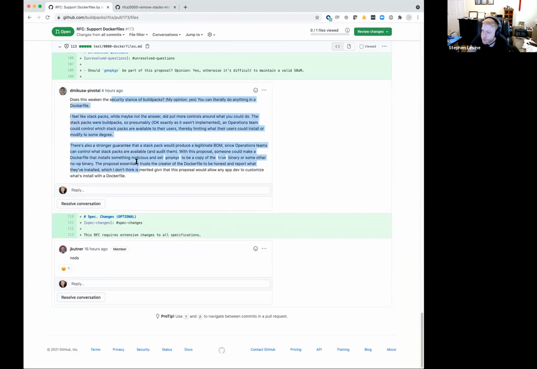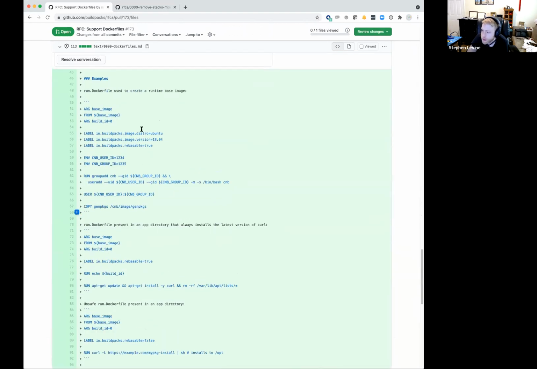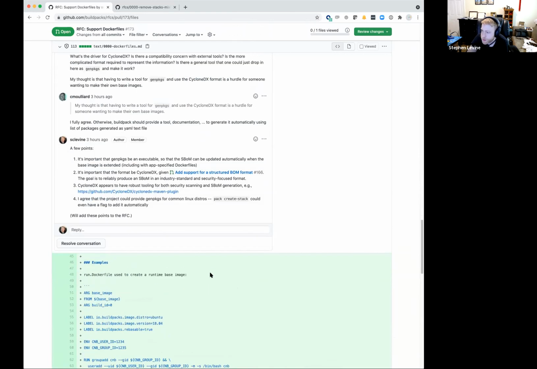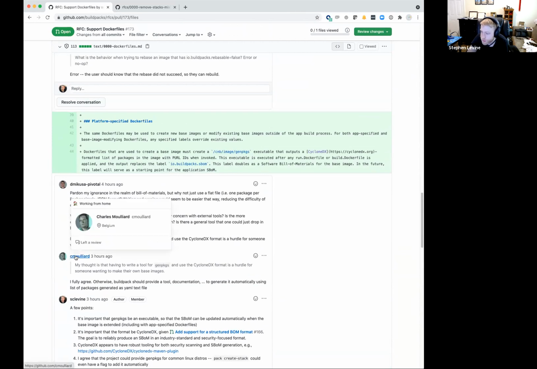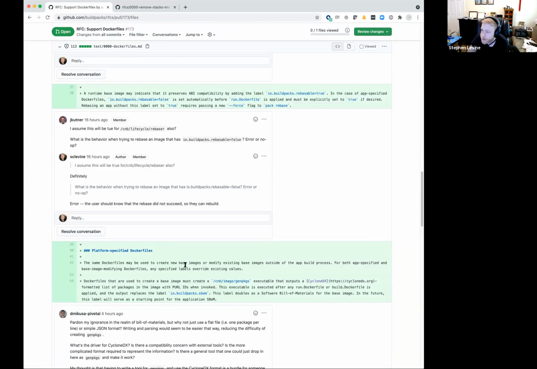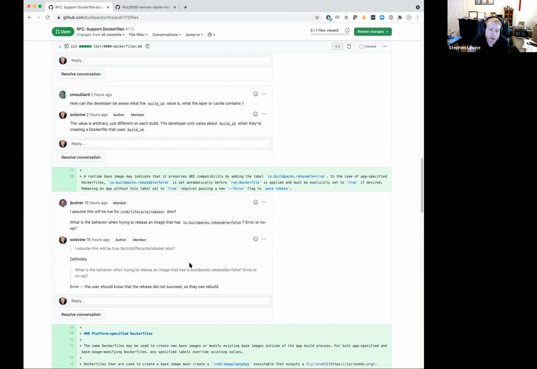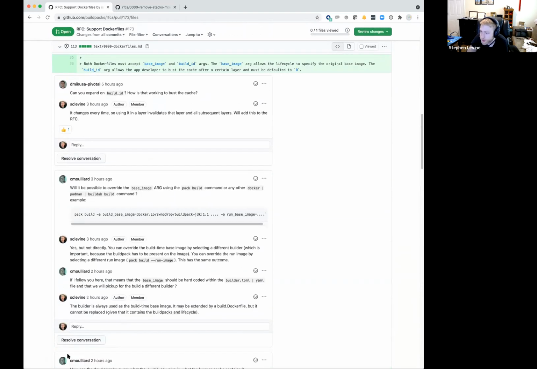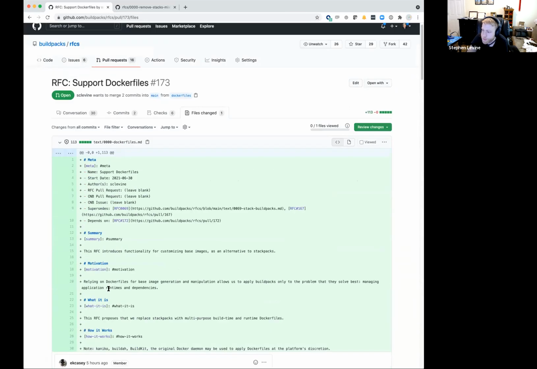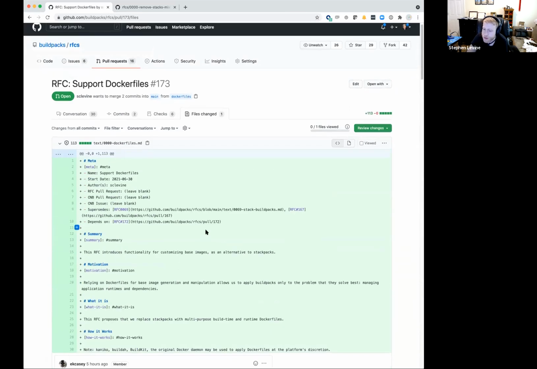Dan has some really good points here about security. I have some examples of Docker files in here if people are interested. There's really good questions from Charles at Red Hat, who said he can make the next working group, but not the ones today. I really like how he's digging into this. I know, Joe, this is the one that targets stack packs most directly, so I'm especially interested in where your head is.